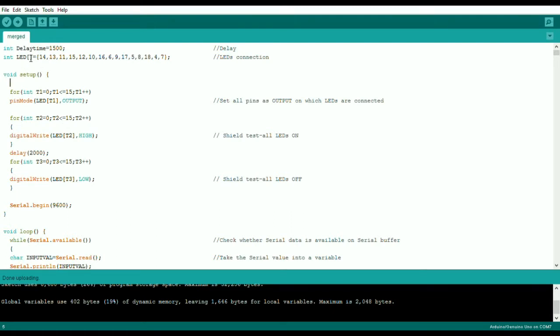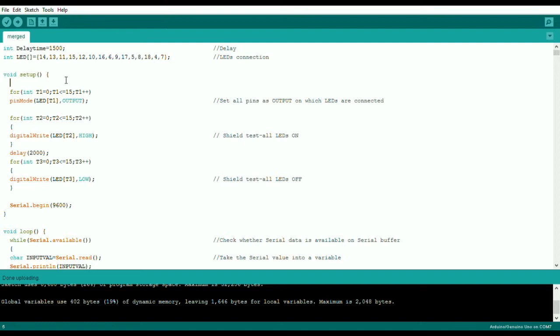Here I have initialized an integer named delay time just to manage the delay between displaying two different letters or numbers. Then there is an array named LED where I have written different pin numbers where all my LEDs are connected. They are 15 in total.